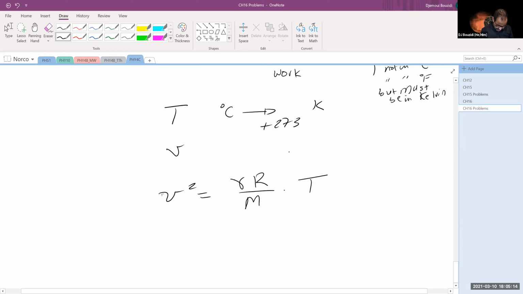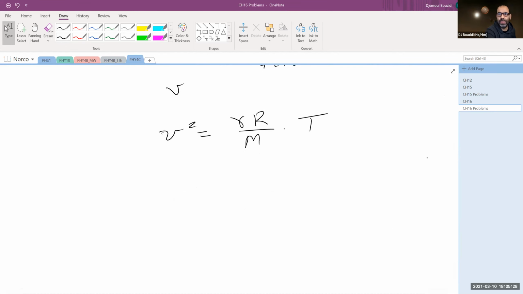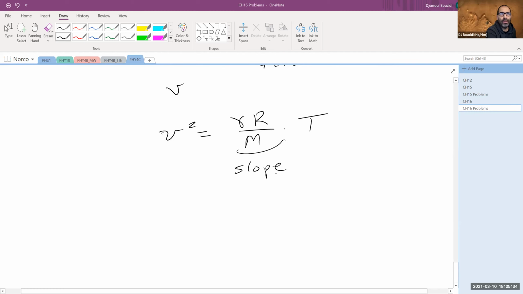Then B, because the gas is diatomic, gamma is equal to 1.4, so they gave us exactly gamma to be 1.4. Use the plot of the line in part A to calculate M, the molar mass of the gas. So if I know the slope, let's call this one slope, because that's the slope that we're going to get, okay? If I know the slope, then in this case,